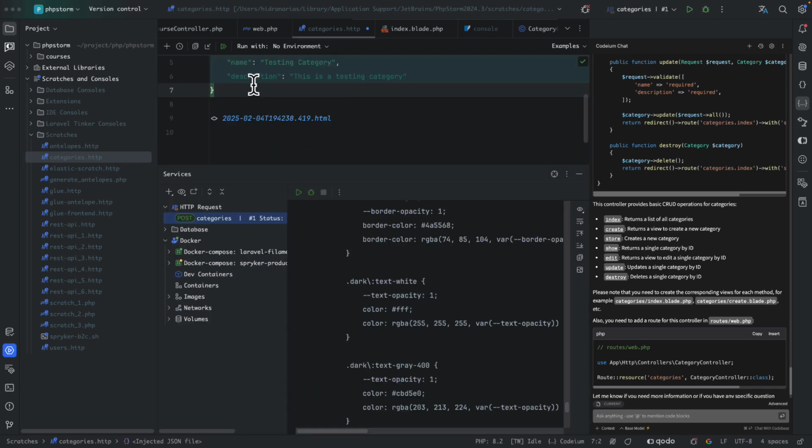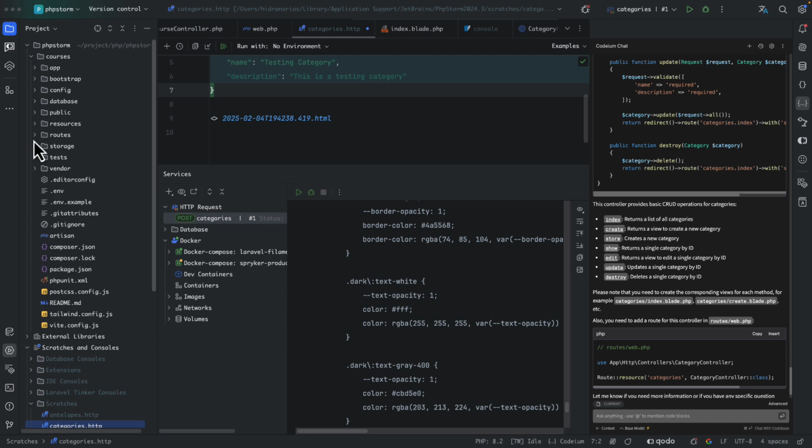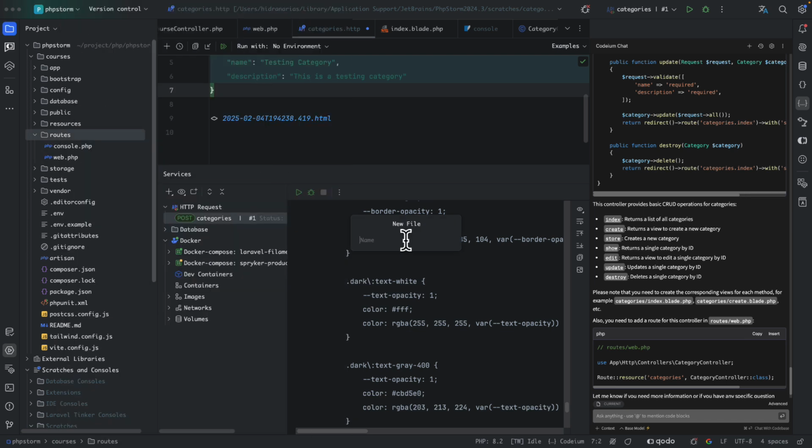All right, you can see here that it doesn't work. Why? Because we added the route to the web.php. We should add the route to the API route. Otherwise, we should insert the token, the cross-site request forgery token. So let's open the routes and let's create a file